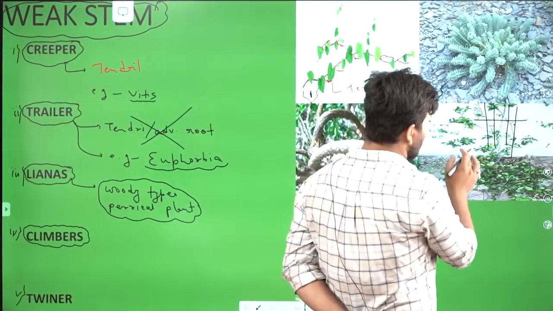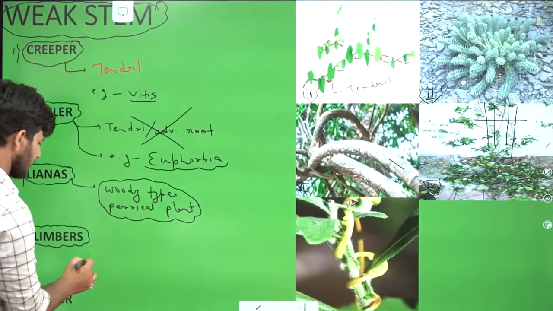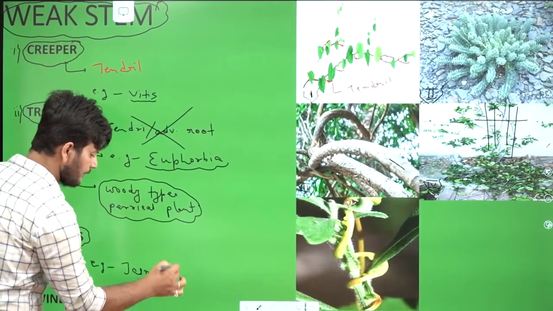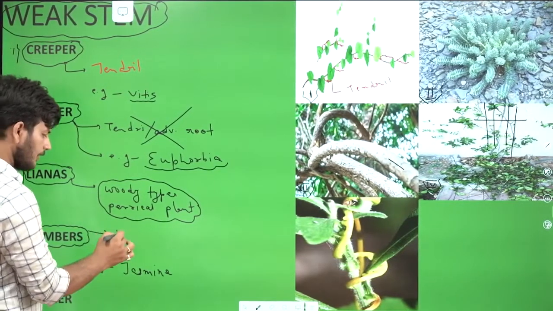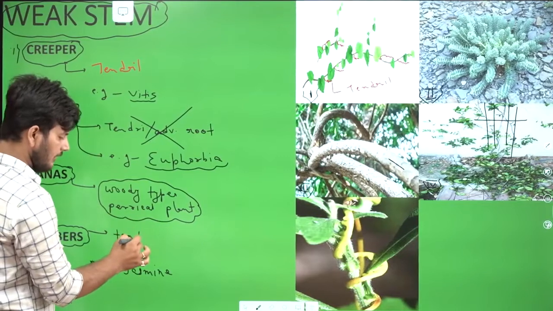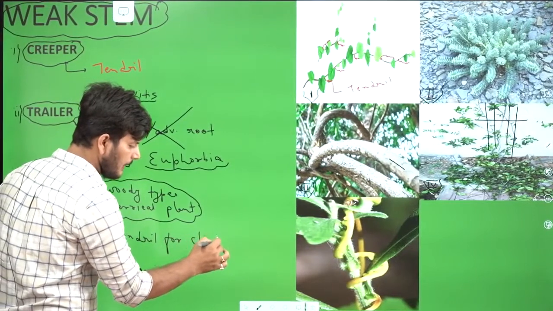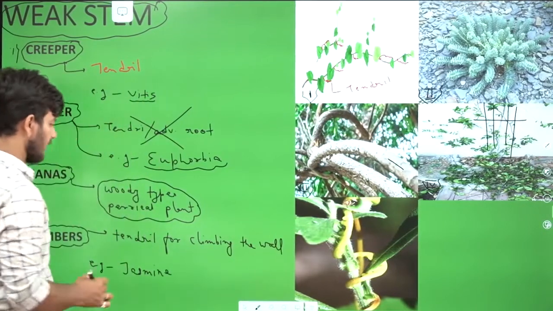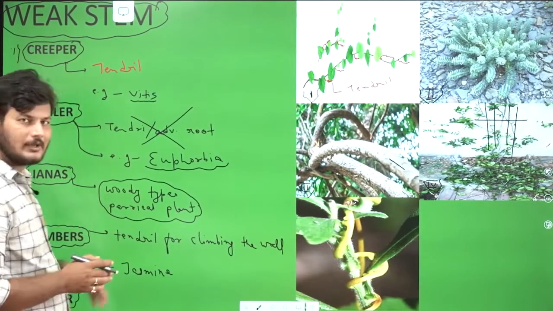This is the support. And actually this figure is that of jasmine. I am writing it down here. This one is the figure of jasmine. We can say this type of plant has tendril for climbing the wall. If tendril is for climbing the wall, then it is said to be a climber. And the next one, the last one, is the twinner type of example, where there is no support for